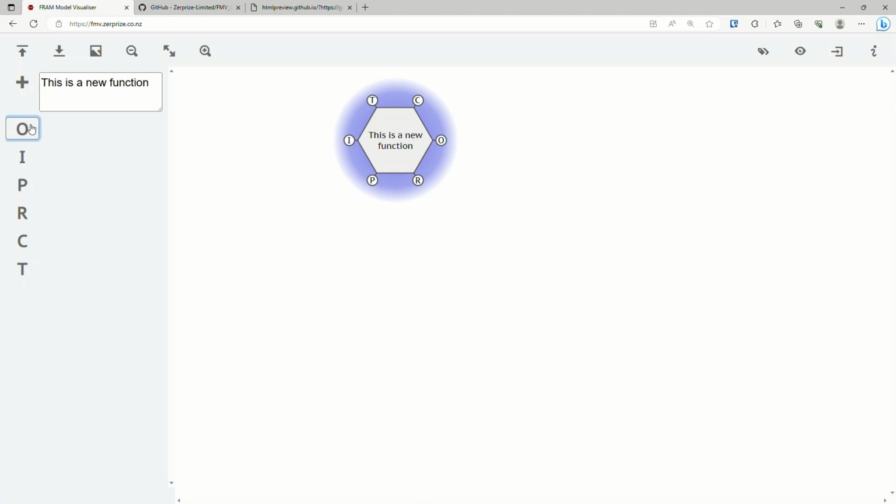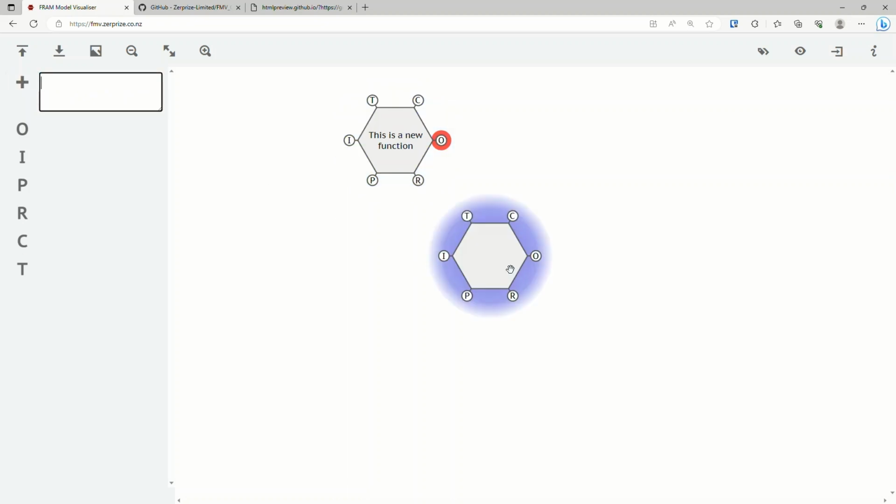So I'm going to hit enter here to activate an output, and I'm going to type first output. And then if I tab away from this box or click on the empty space, it's going to enter that value. So if we go back to the plus button here, I'm going to press this again, which adds another function, and this time I'm going to name it second function, tab, here we go,